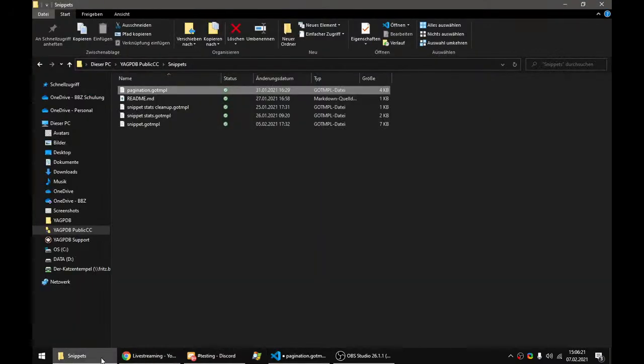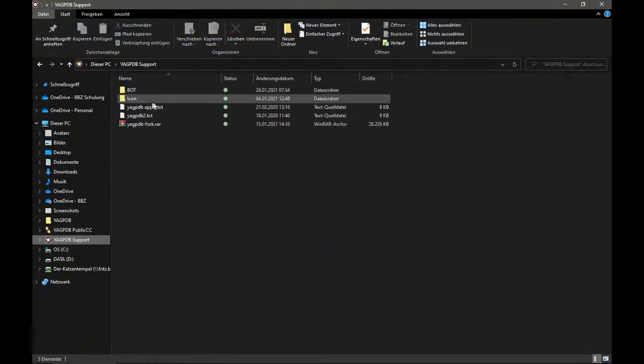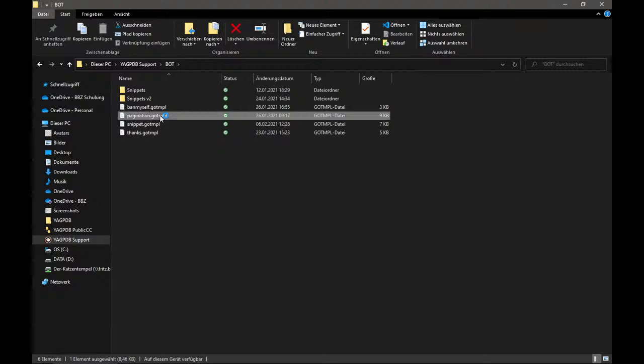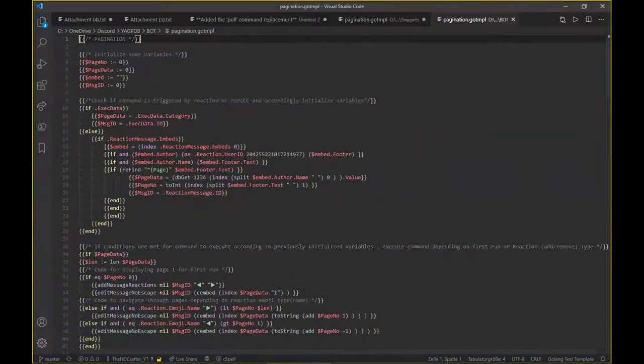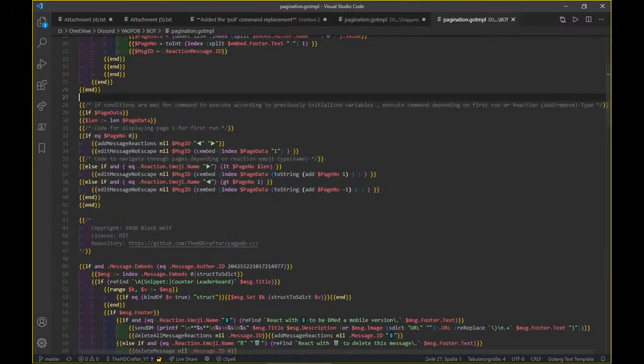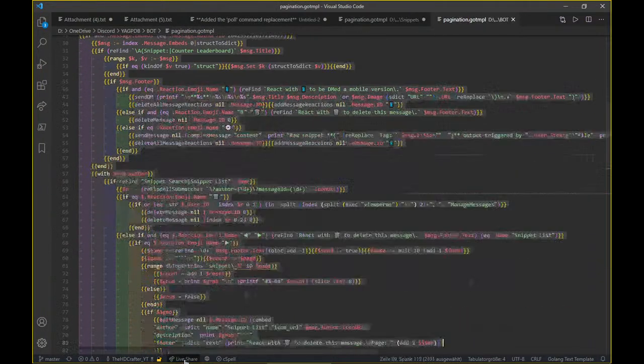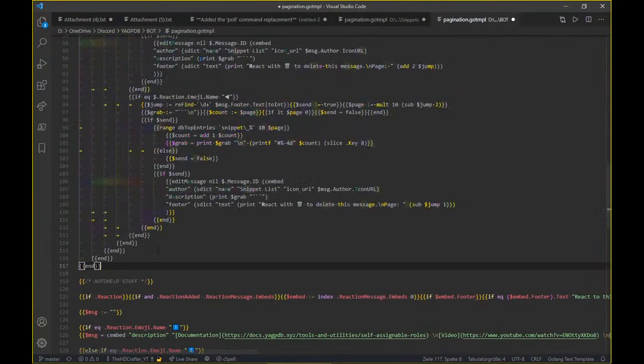I first have to go into the actual snippet command that I use on the YAGPDB server. The actual pagination, because there's a lot of stuff to it. It's not just my code in there, so see there's also other stuff here that isn't mine, but this stuff here is mine. So let's copy this and paste it in,